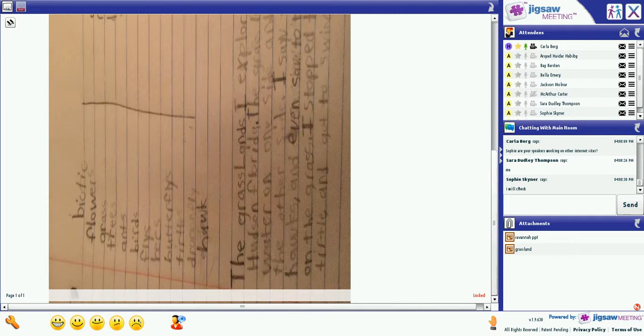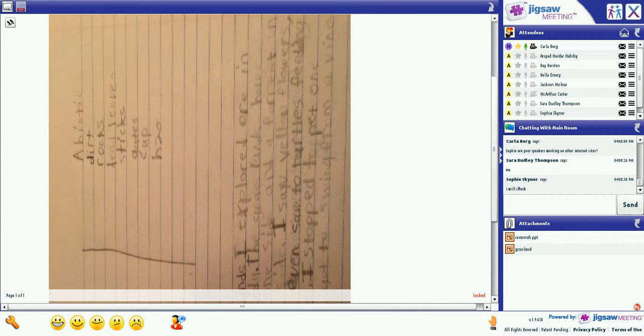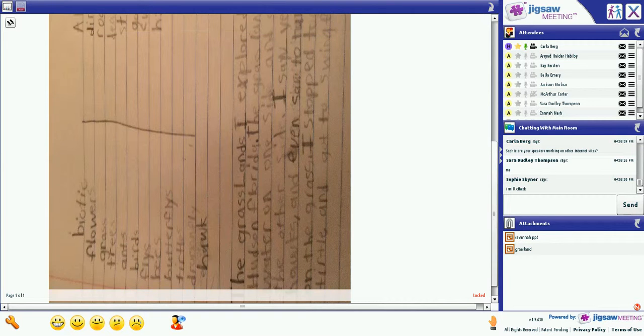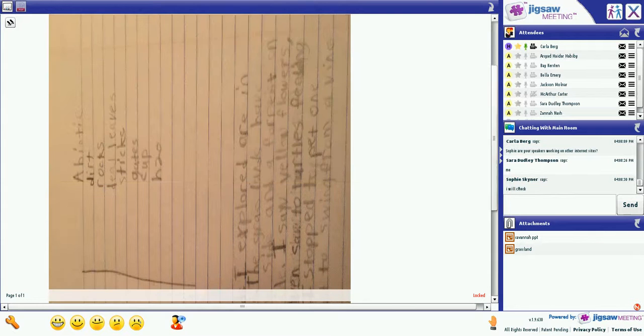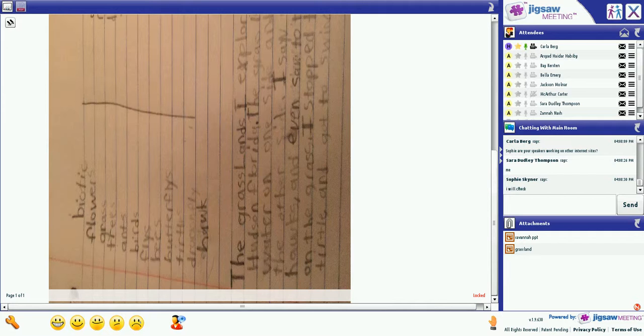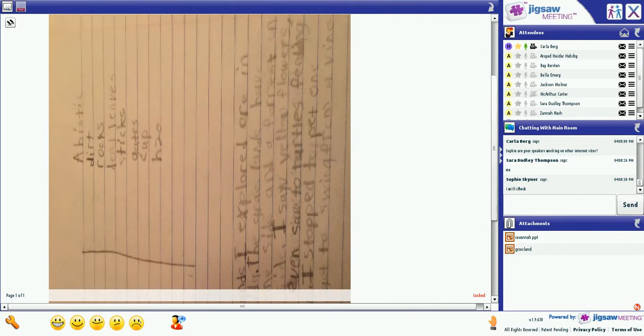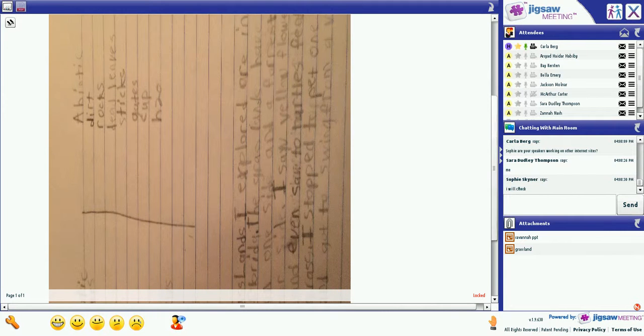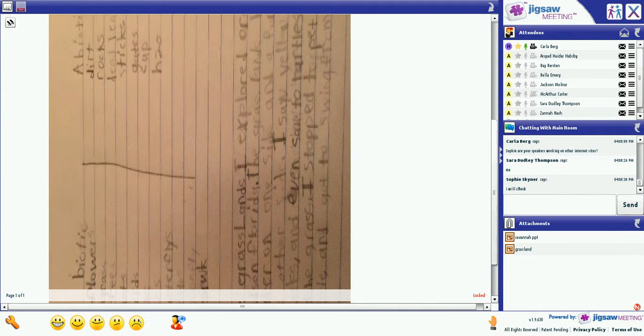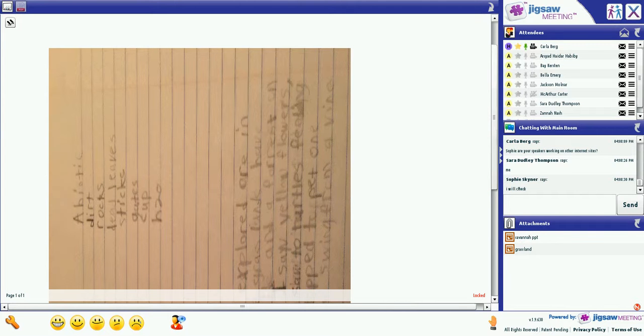Okay, so Xana has, "The grasslands I explored are in Hudson, Florida. The grasslands have water on one side and a forest on the other side. I saw yellow flowers, hawks, and even saw 2 turtles feeding on the grass. I stopped to pet 1 turtle and got to swing from a vine." So Xana used her sense of touch when she touched the turtle and her sense of sight.